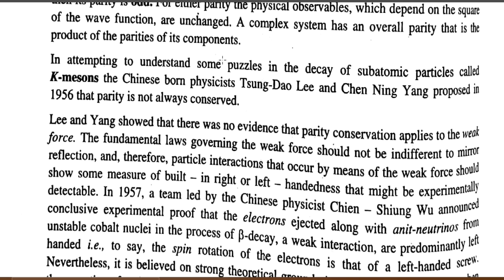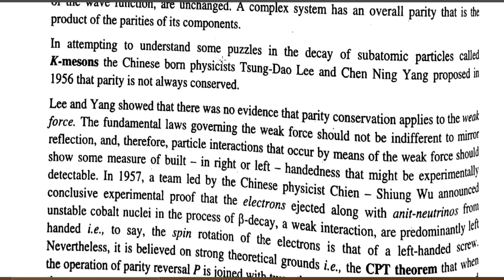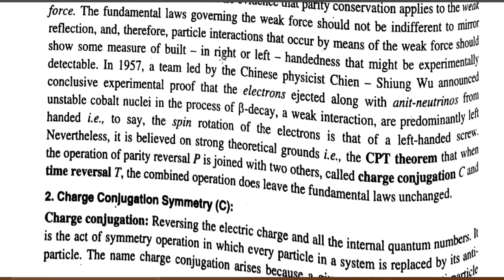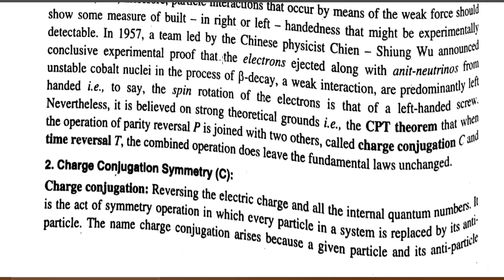In 1957, a team led by Chinese physicists announced conclusive experimental proof: the electrons ejected along with antineutrinos from unstable cobalt nuclei in the process of beta decay,